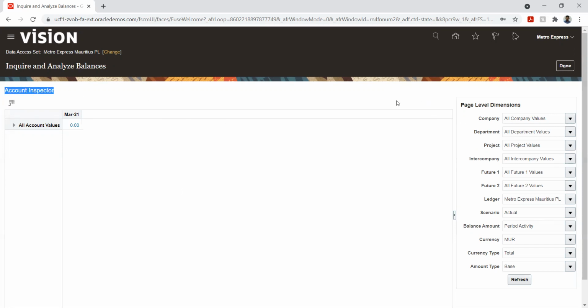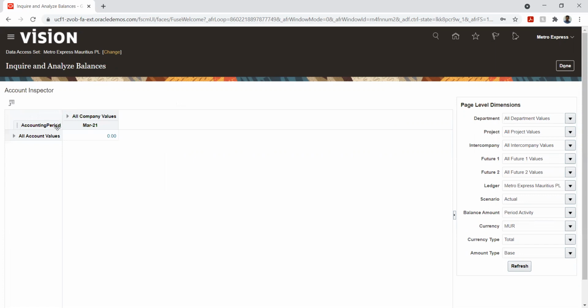Here I could give a certain list of parameters, but instead of giving parameters, I'll just drag and drop this particular value here. If I place it here, it will become a column, but if I place it here, it will become a row. So based on the requirement, I can differentiate the values.